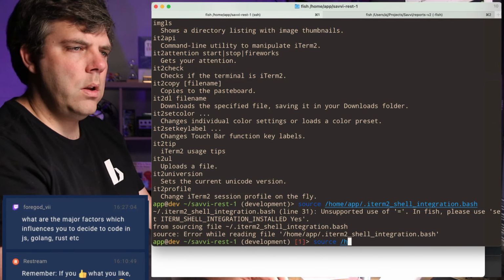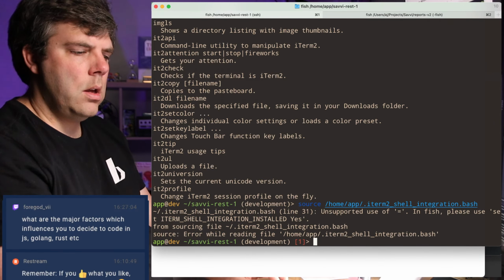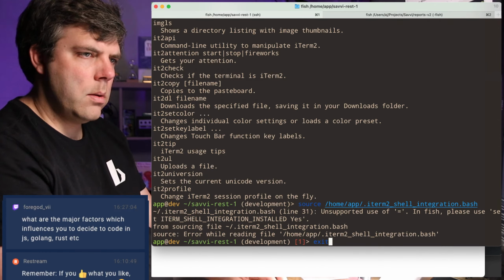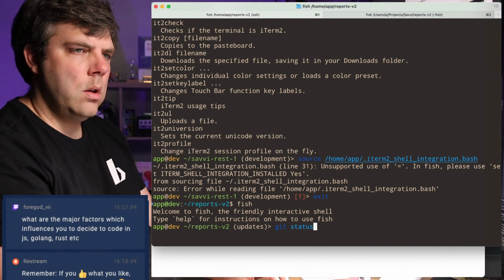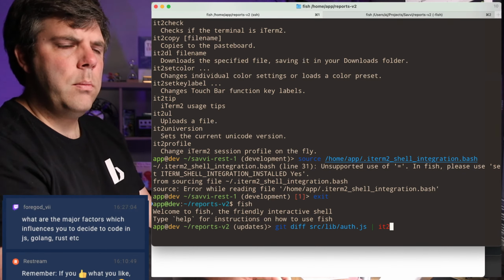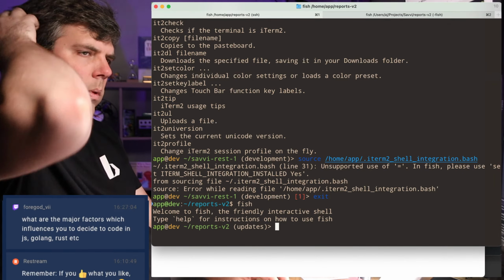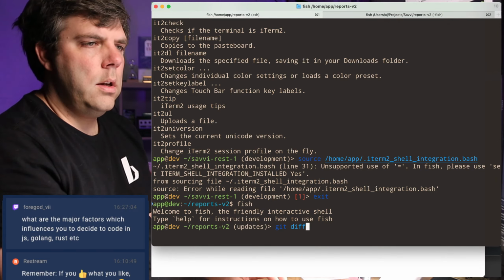I don't know what to do about that. I guess I could exit and then come back in again. Weird. Why is my IT2 copy not there? Whatever. Git diff.